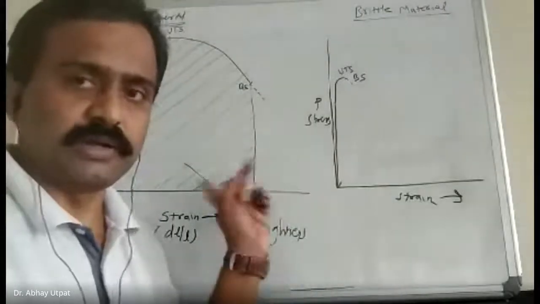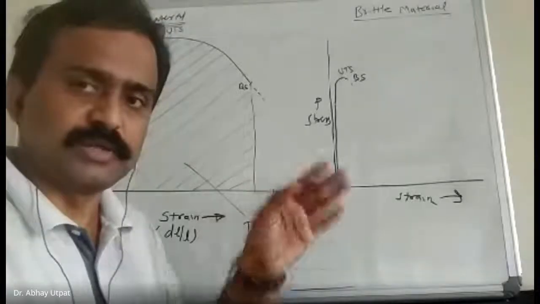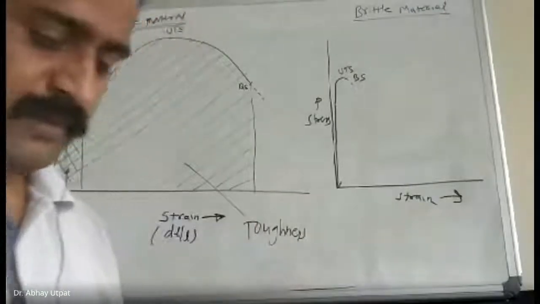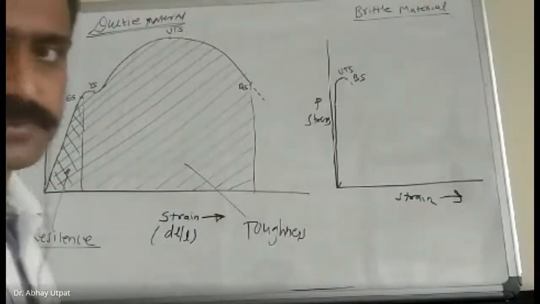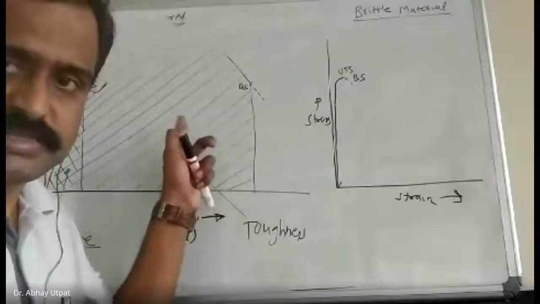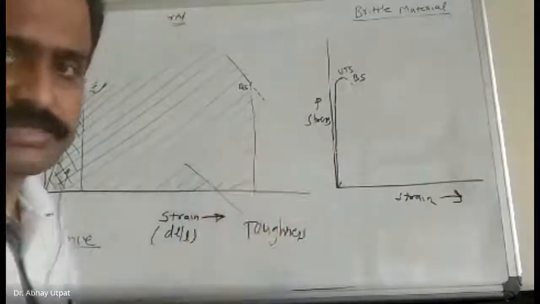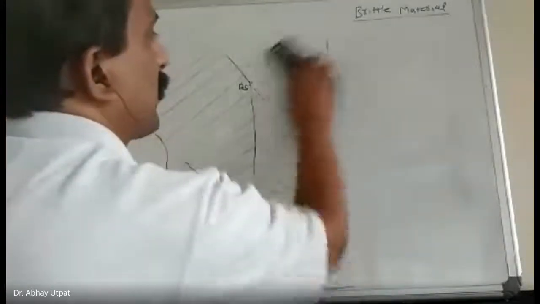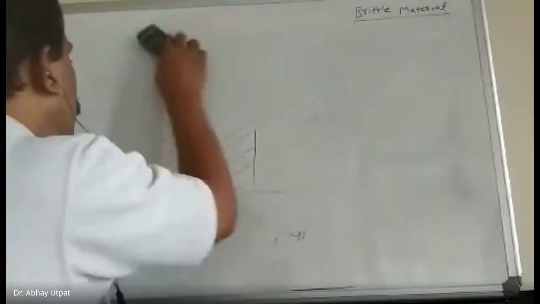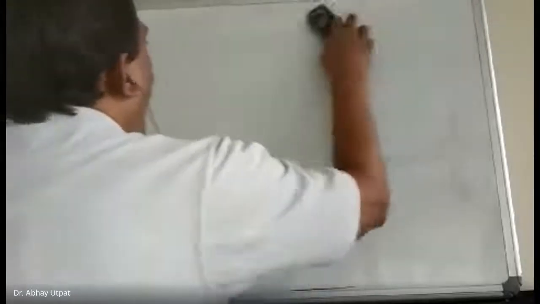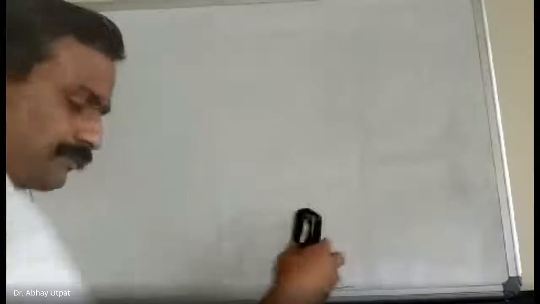Now, both graphs, how they are plotted for steel with percentage of carbon, that I will show here. Next line, stress strain curve for different types of steels. But in exam, when ductile and brittle is asked, you have to draw these both only. Now next is for your understanding. How property changes with increasing percentage of carbon.